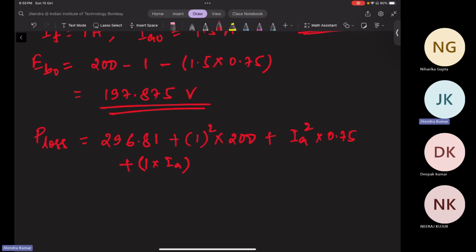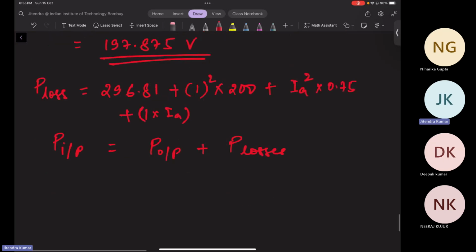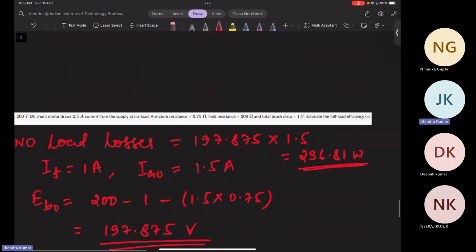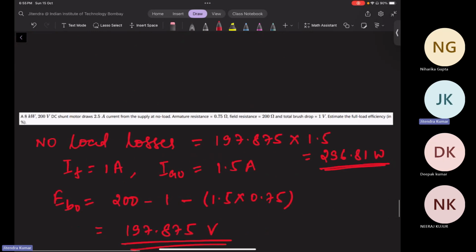Then that will make a simplification of the quadratic equation. So input power will be output power plus losses. So input power will be 200 into I_L is equal to output power, which is 8 kilowatt,